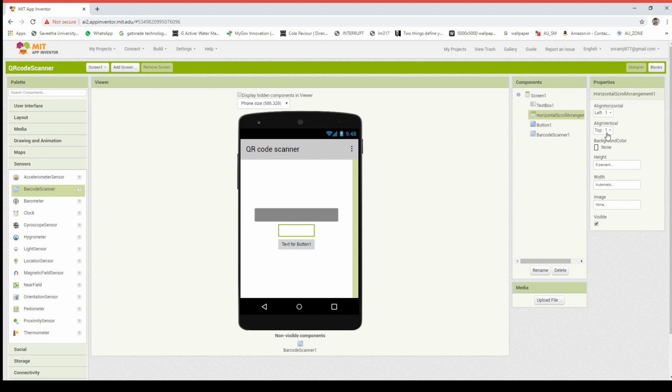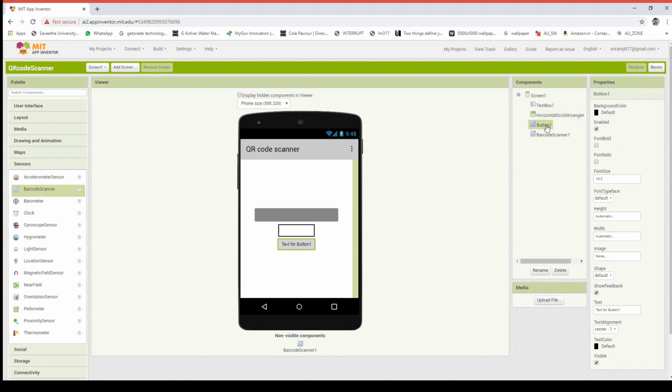Yeah, and for the button also do similarly as we did in text box 1. Here, the displaying text for the button is scan code, right?